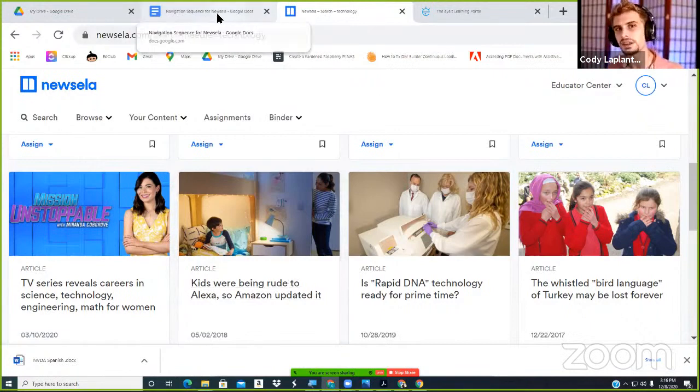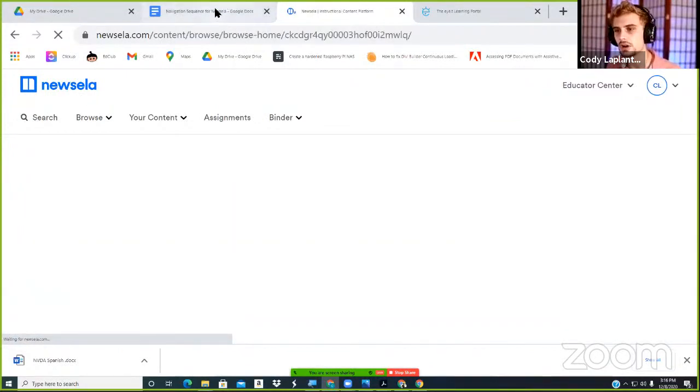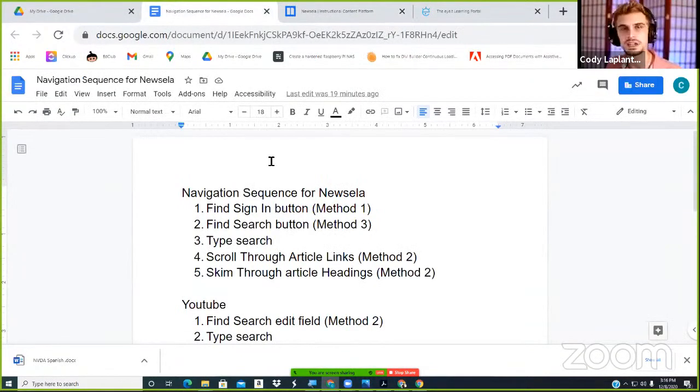It's really important that before you begin teaching that type of navigation sequence, that you as the teacher go through that sequence yourself. And the reason is I'm going to show you that in a second, actually. All right. So like I said, here's our navigation sequence. I already typed it out. All right. And we'll kind of go through the details of this navigation sequence in a second, but you can